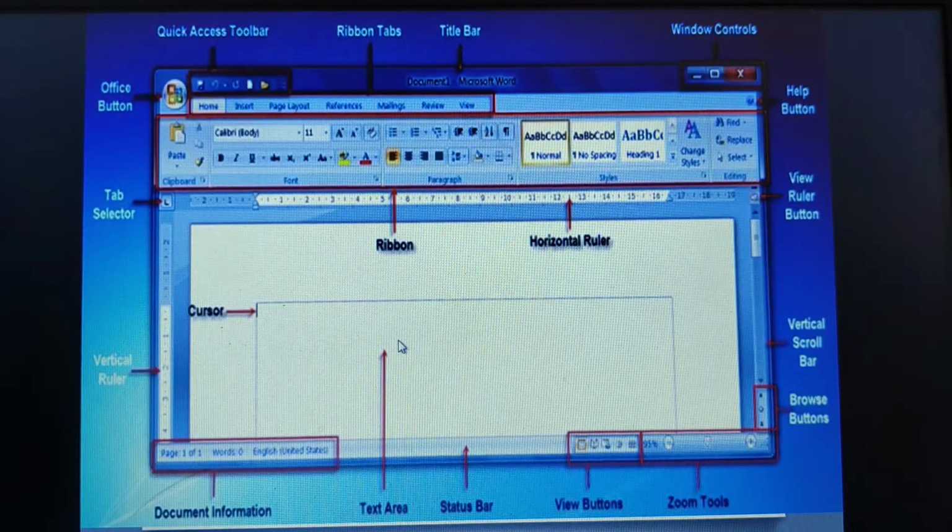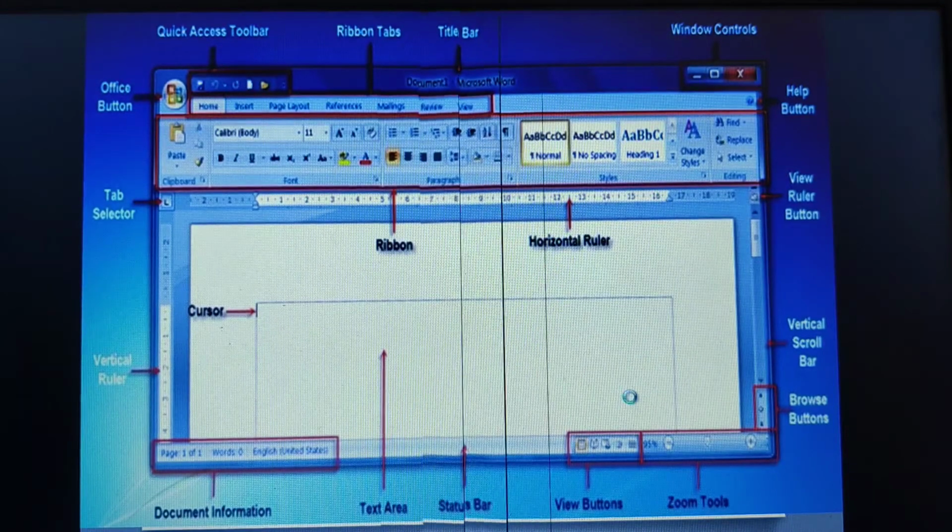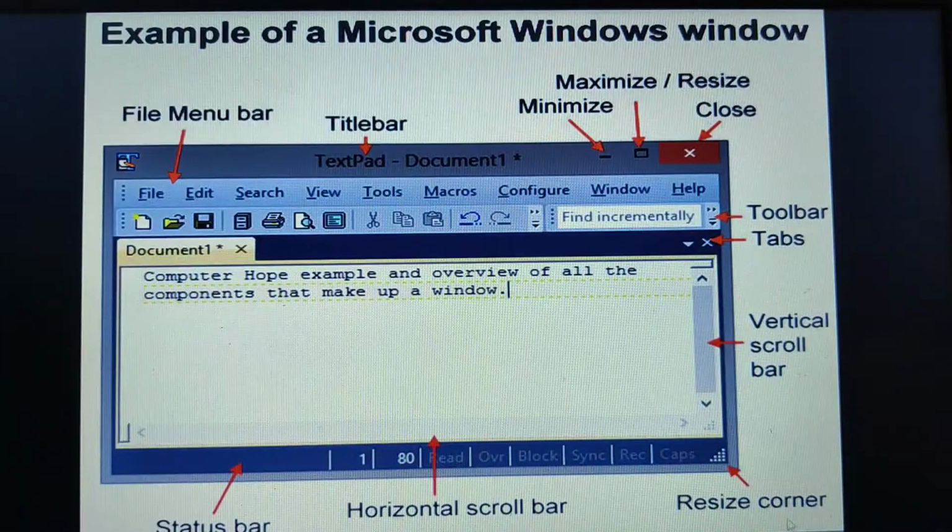Now this frame, we can resize the window size. Just by placing the cursor here, you can increase or decrease the size of the frame. Here you can get a clear picture. Resize corner. This entire layout that you are able to see, we can refer to it as a frame, wherein it will allow you to resize the window size. That is the Word document window size. That is what a frame is.